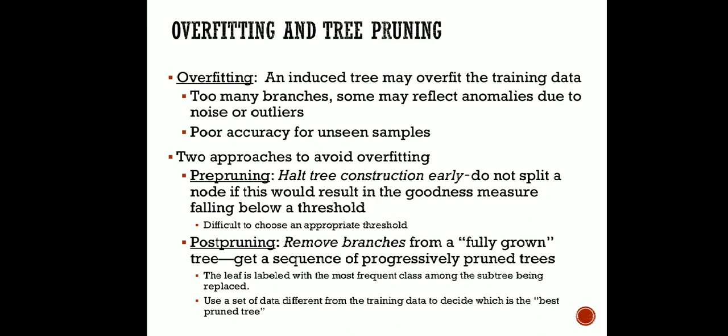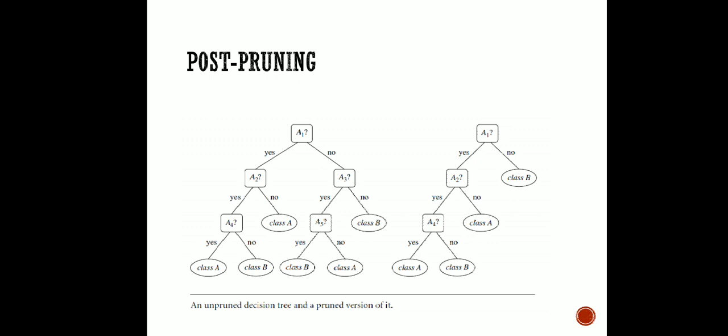Post-pruning is most often used after building the total tree, where we may discard parts of it. So how is it done? Here, instead of using the total choice, we will just cut it off and put the most frequent class. We will see one example in the next slide, see this one.